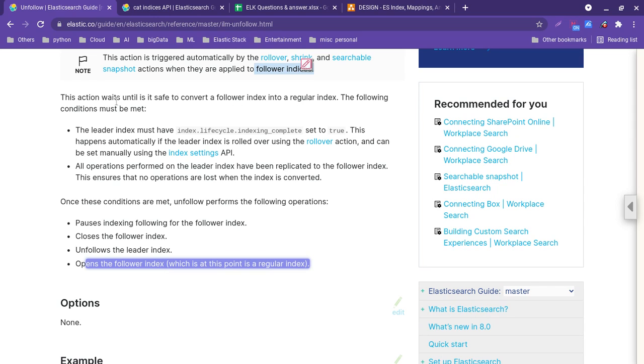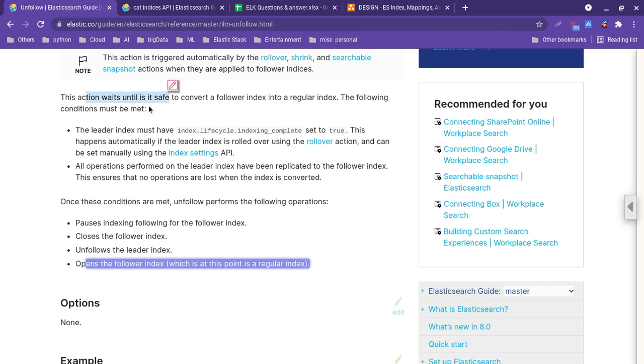We cannot straight away say unfollow. Take the resigned resource example: the existing resource has to give all the information, so we cannot straight away deploy the new resource. Similarly, the unfollow action has to wait till the regular index has done the following.